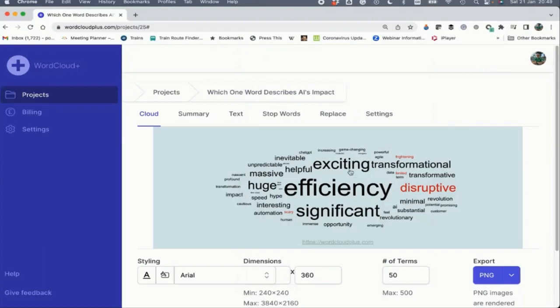But actually, we also probably want to look at things like exciting, transformational, transformative, revolution, revolutionary, significant. And we may want to do a colour scheme around those. So we could make this a more attractive cloud. We could move it around, but I think we've got the picture of broadly what's going on in those open ends. We can look at the summary,